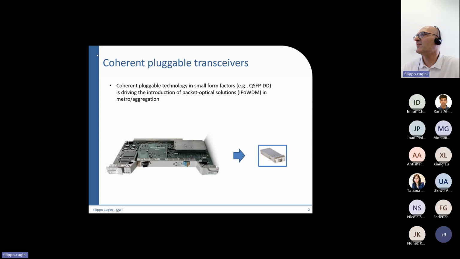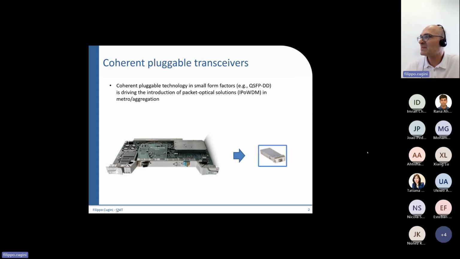Basically, we have devices that moved from traditional, quite large hardware to much smaller physical devices. These pluggable transceivers are very small, and this change in form factor is enabling the adoption of hardware chassis that need not be specifically designed for optical networks.